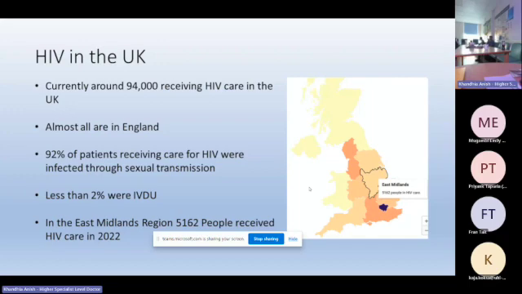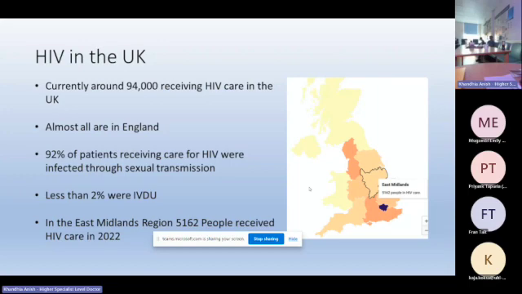And less than 2% are infected via IV drug use. So it really is a disease that is spread through sexual contact, but because the stereotypes exist from the 80s, just because someone is straight doesn't mean that they can't be infected with